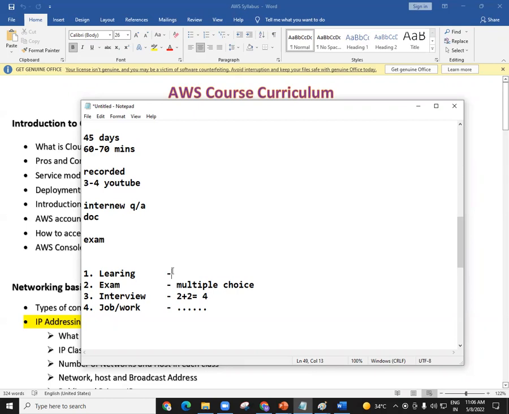So what I'm trying to say here is learning is the part which is a bit difficult. Whenever you learn something, it is a bit difficult. Remember when we started learning how to ride a bicycle, it was not easy. But is it difficult today? No. So learning is the only part which is a bit difficult because you're learning many things for the first time. You're learning about IP addressing, servers, virtualization, cloud computing. You're learning for the first time, so that is a bit difficult.